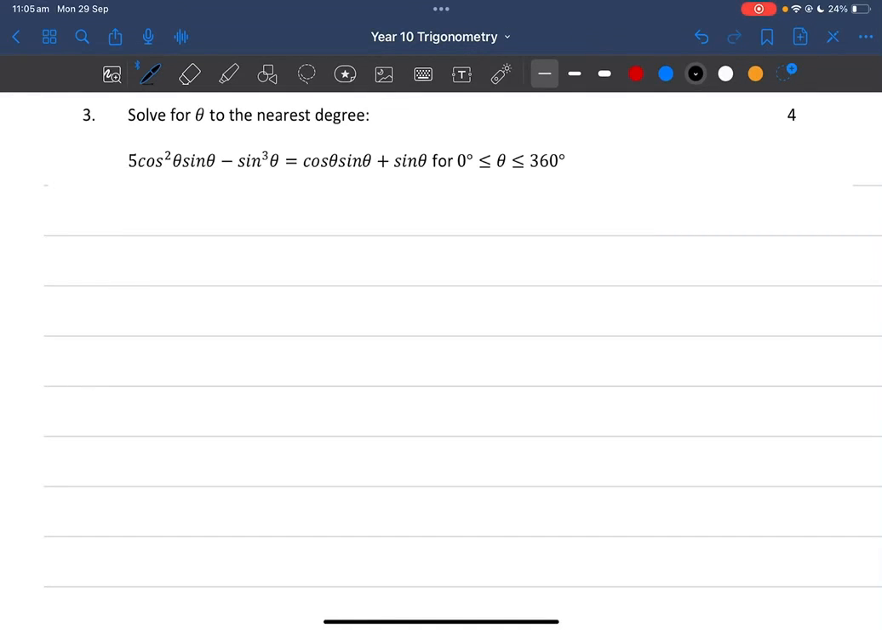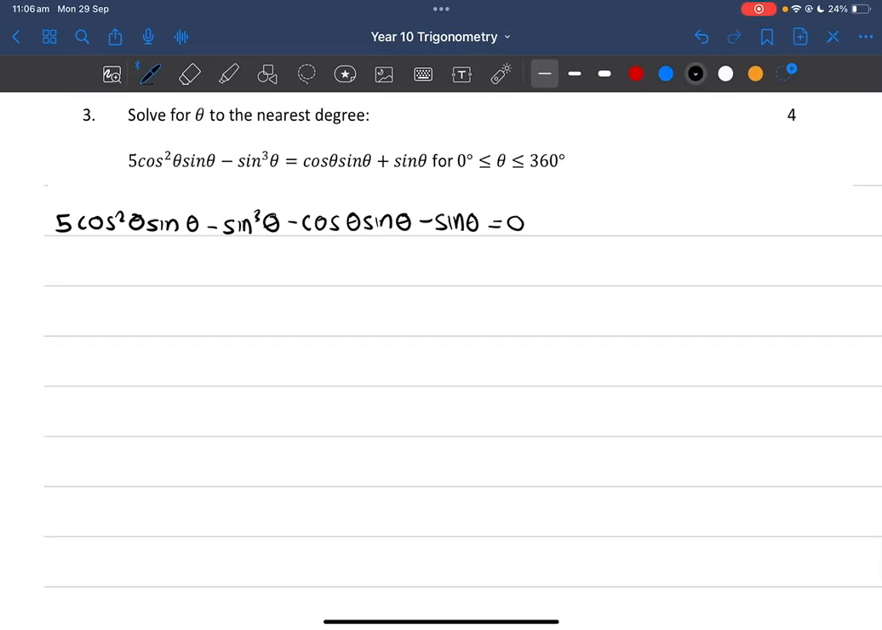This is a question from one of the hardest year 10 papers. So we're asked to solve for theta to the nearest degree. So we'll start by combining all of our terms onto one side. So 5 cos squared theta sine theta minus sine cubed theta minus cos theta sine theta minus sine theta equals